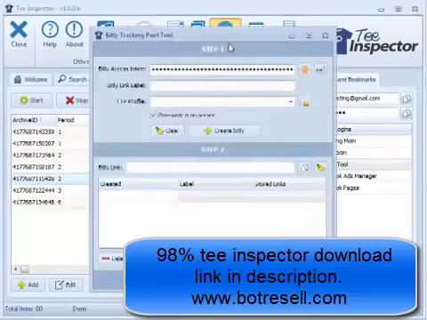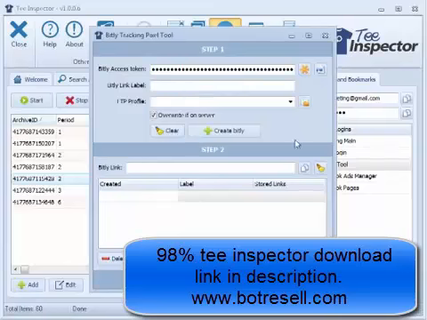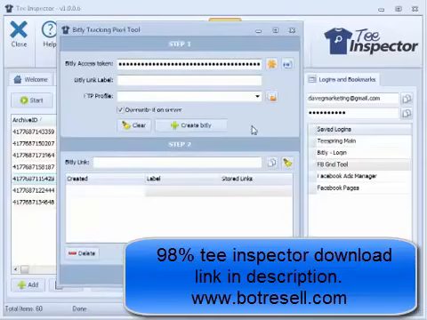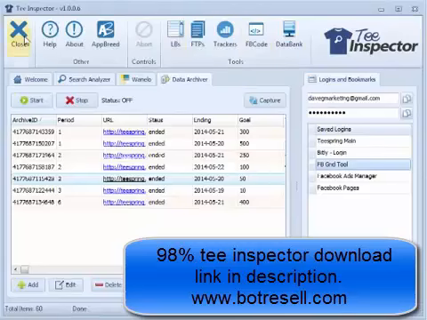I even put this trackers tool in here. This is really cool. You can create what I call Bitly tracking links that you drop right into your Teespring campaign description, so you can see your traffic in real time. It's really handy when you want to see EPCs and stuff like that. It works really well. Now, there's a lot more stuff in here I don't want to go through, but basically,